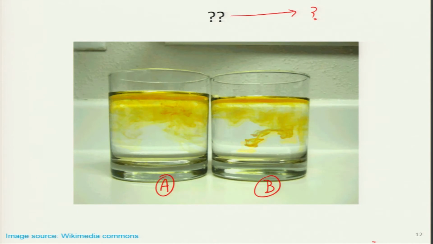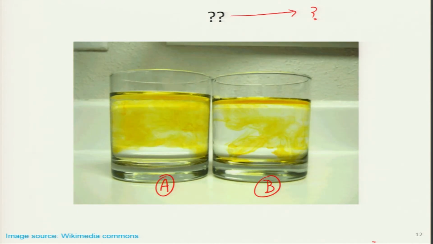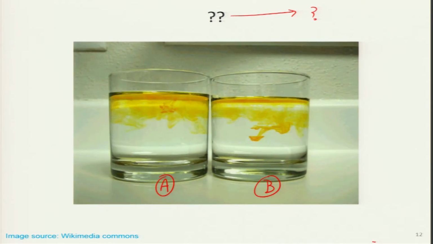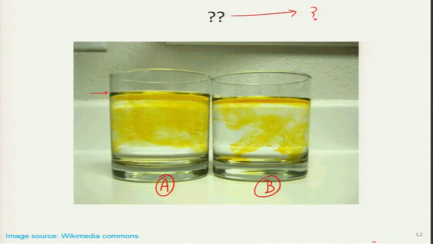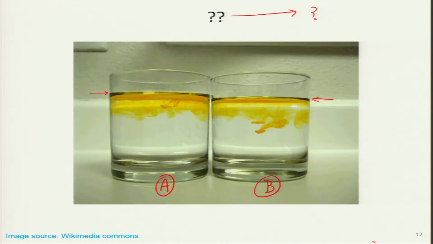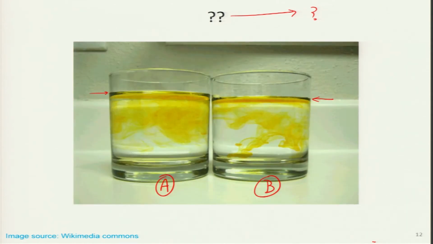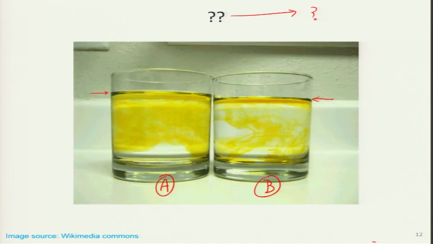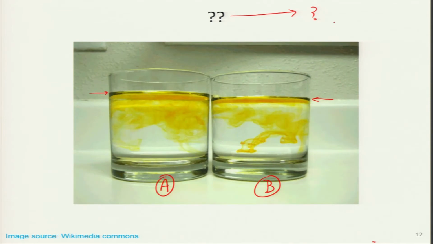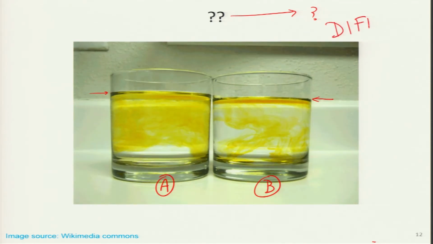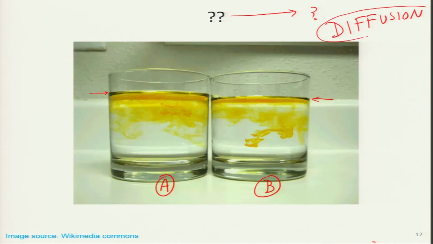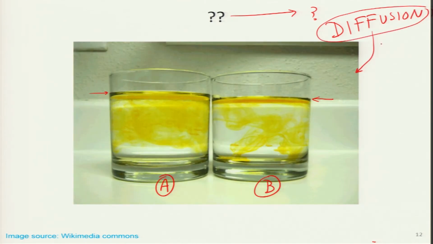I think it is a GIF file which shows two containers in which some yellow colored edible dye is added at the top at the start of the frame. So, at t equals 0 in both these containers, yellow dye is added, and then slowly some sort of diffusion is taking place. If I have to give a title to this particular slide, I might say that some sort of diffusion is taking place.